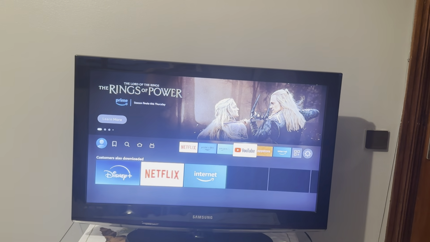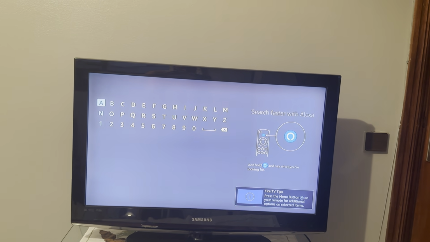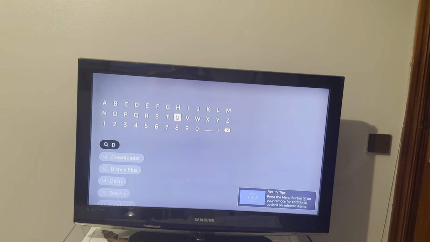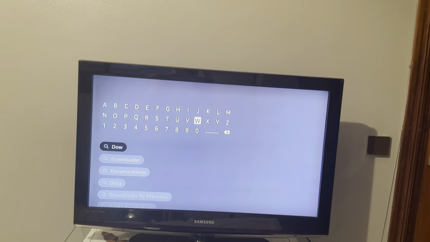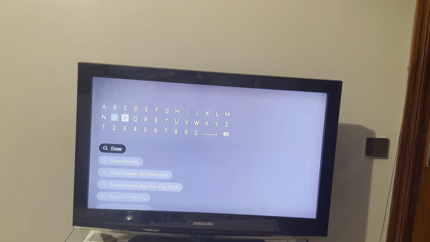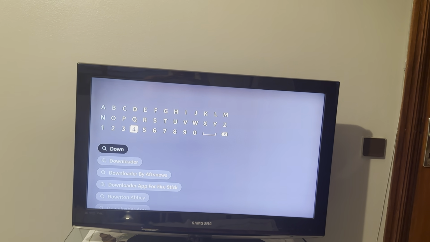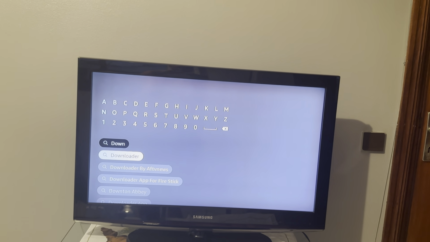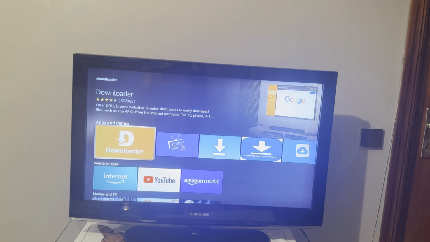Then go back to the main menu, go to App Store, click on it, then go to search, click on it, and type downloader. We will look for Downloader, then install it. Downloader is an app which will allow us to install Tivimate. So I can already see among the suggestions Downloader, so I will click on it, then click on this icon, Downloader,